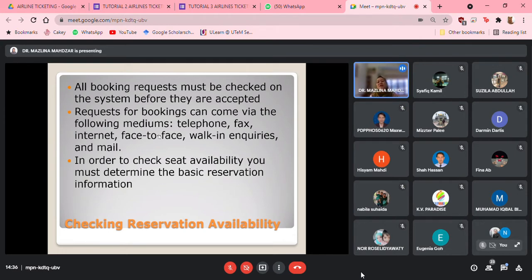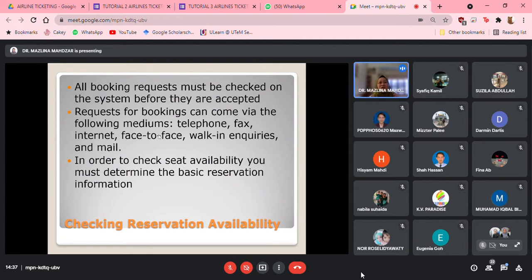So selalunya request untuk you menggunakan sistemnya untuk mendapatkan maklumat sama ada flight itu ada tidak, seat yang dia nak buat booking tu untuk proceed buat booking tu ada atau tidak dan sebagainya. Dia selalunya datang melalui apa? Kalau travel agent tu saya kata tidak ada sistem, selalunya passenger ataupun customer mungkin akan call you up travel